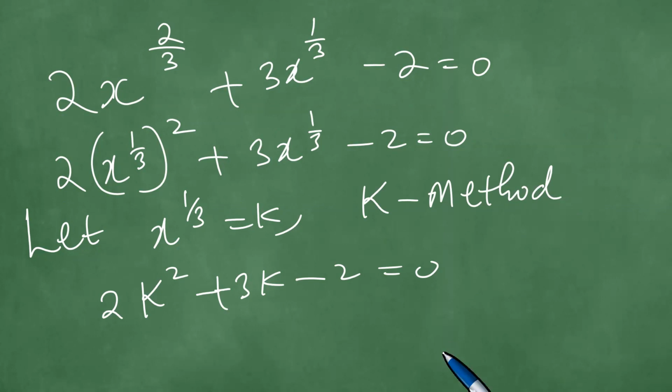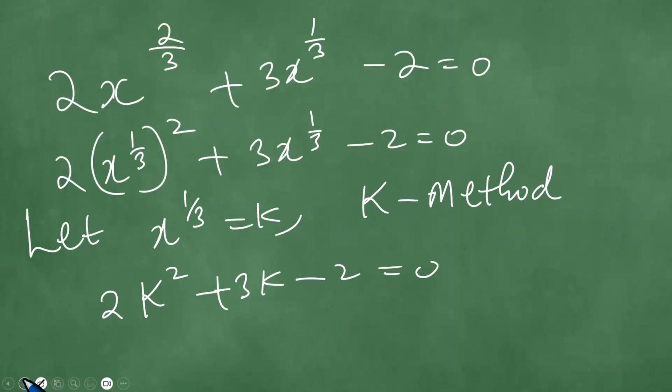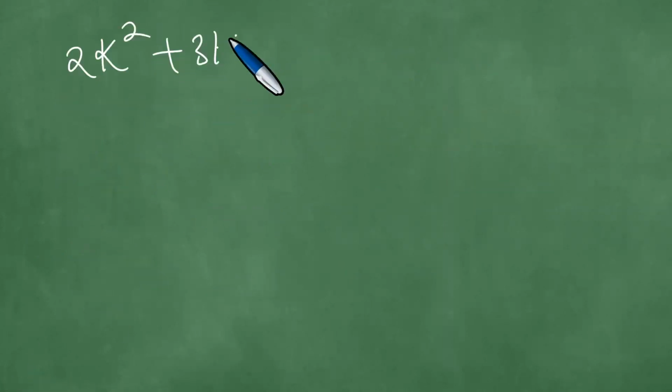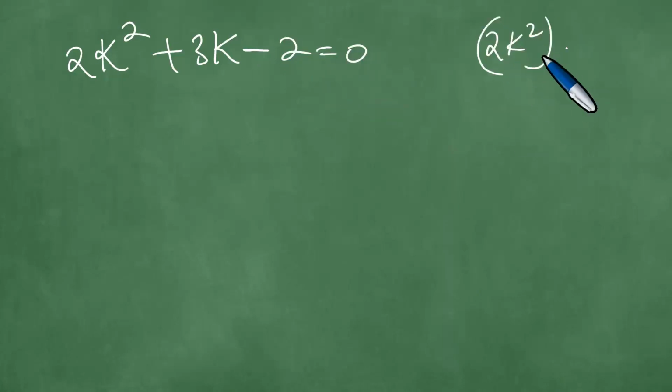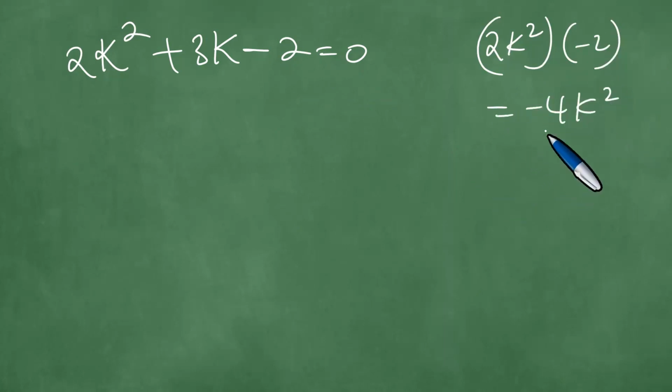Right, this becomes what we call the k method. Upon further examination, we have 2k squared plus 3k minus 2, which means you have 2k squared. You multiply by minus 2 and get minus 4k squared. So you multiply the 2k with minus 2, and after you get minus 4k squared, look for the factors of minus 4k squared that give 3k. They are actually 4k and minus k,